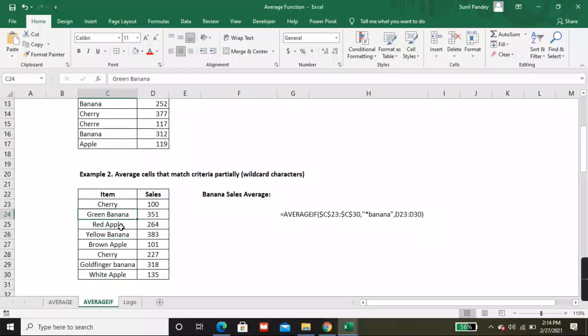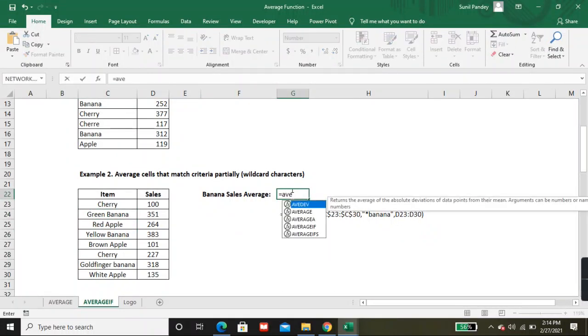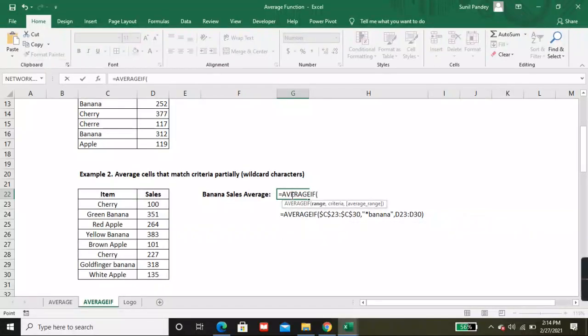Okay, so in this scenario, we need the average of all bananas. So now what I put: average if, I'll select the criteria range, and while putting the criteria I put the asterisk sign. Okay, and now I type banana, and now I select the average range.